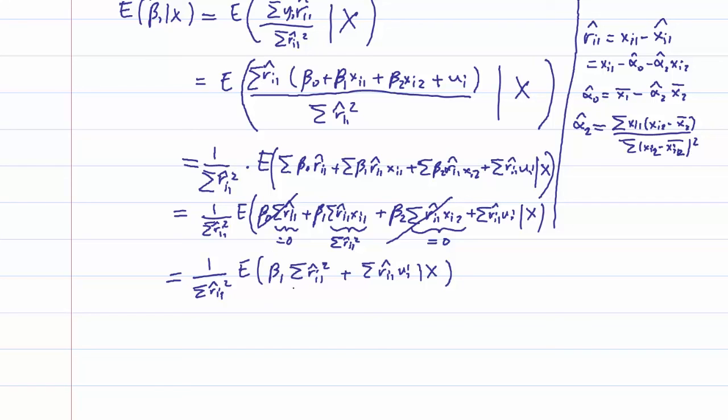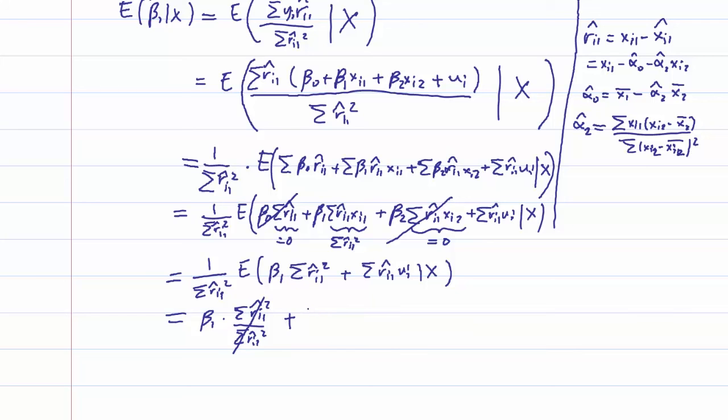So I'm going to get the beta 1 sum of ri1 hat squared out of the expectation, because this ri1 is just conditional on the x. Like if it's conditional on the x, it's like a constant. I can get it out. So I get beta 1 times the sum of ri1 hat squared over the sum of ri1 hat squared. This is 1, so I can get rid of it,